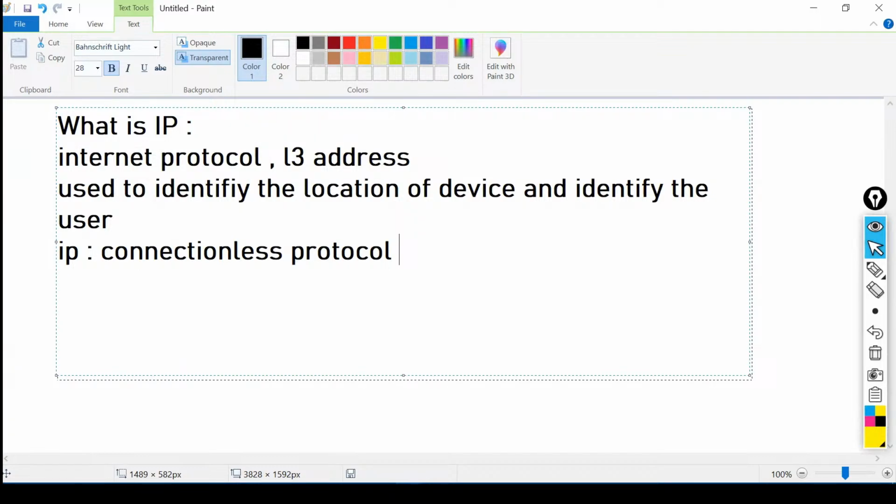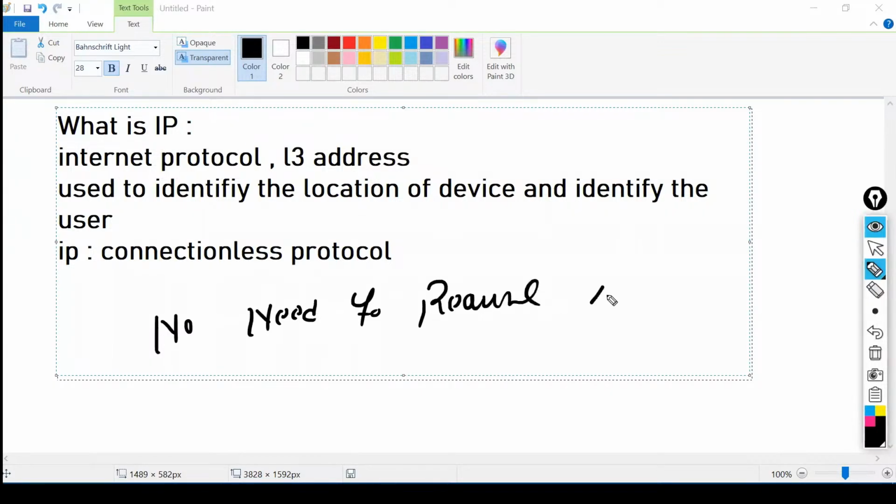It's a connectionless protocol. We are not going to require any prior connection. So IP is a connectionless protocol.